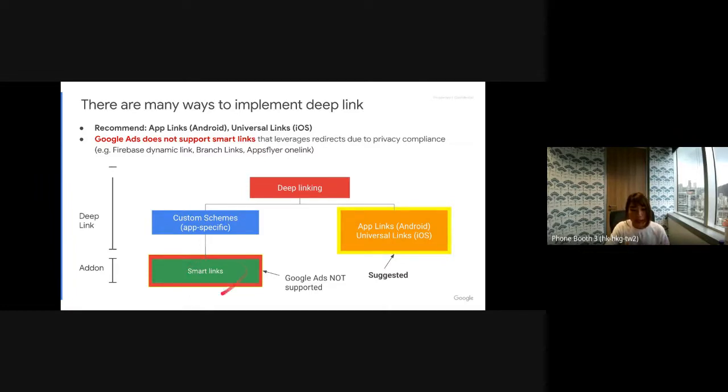Because smart links use redirect technology, Google Ads campaigns currently do not support them. So if you're using smart links, that's fine, but for Google Ads campaigns we only support app links and universal links. Keep that in mind. It does take some time to set up, but it's a very standard implementation for deep links.